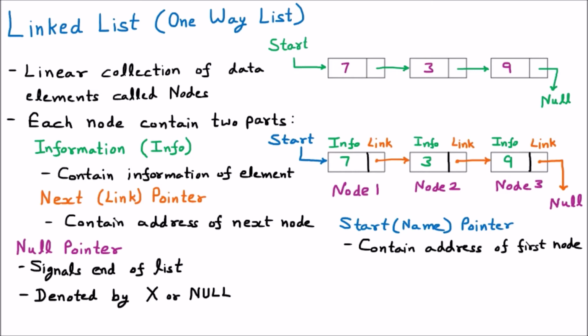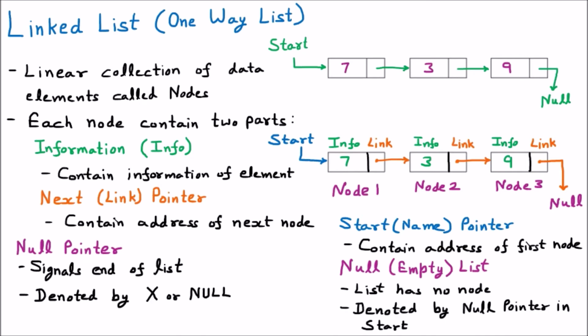Well, there are some special cases of linked list which is called null list or empty list. So talking about null or the empty list, whenever the list is having no node, it is called null list. Now if I have to represent this null list, then it will be denoted by null pointer in start.